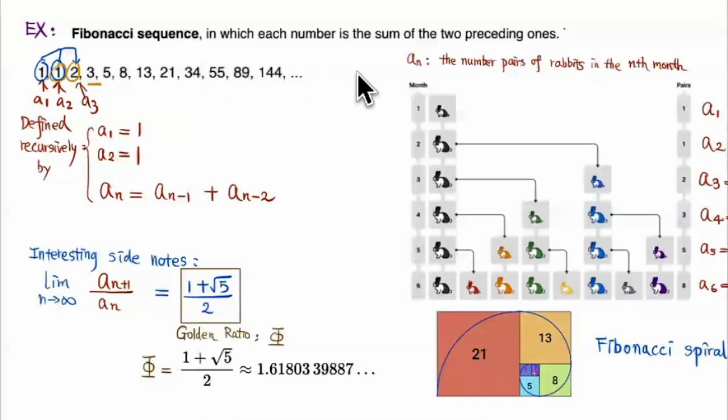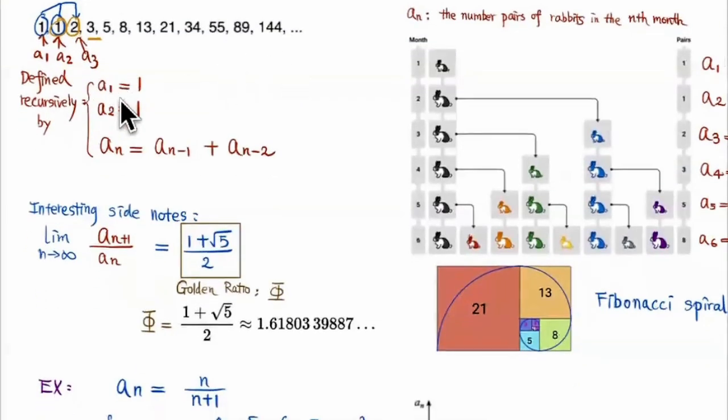Now, this is a sequence. It's called a Fibonacci sequence, okay? For this sequence, every number is the sum of the 2 preceding ones. So like 5 plus 8, then you get 13. 8 plus 13, you get 21. And you continue this pattern. And you can only describe this recursively, okay? Now you write down A1 equal 1, A2 equal 1, and then you put AN to be